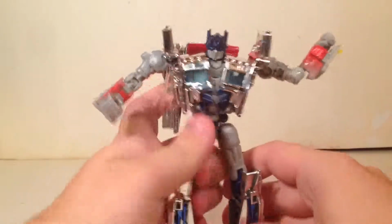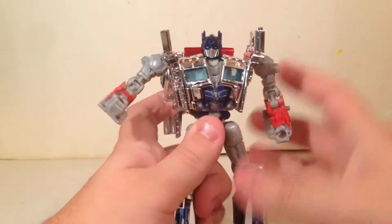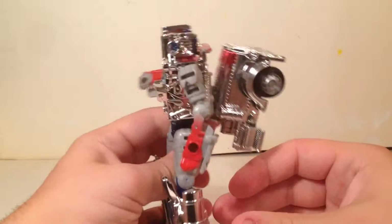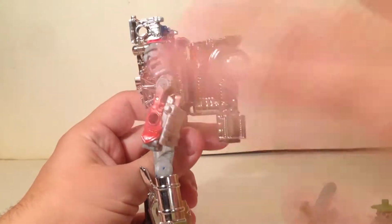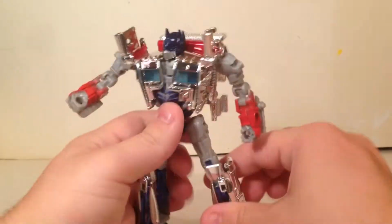So the biggest quality of this figure is that he's so chromed out. And you could obviously see it. I think you could see me. Hi. You don't actually see me. Anyway, so yeah,